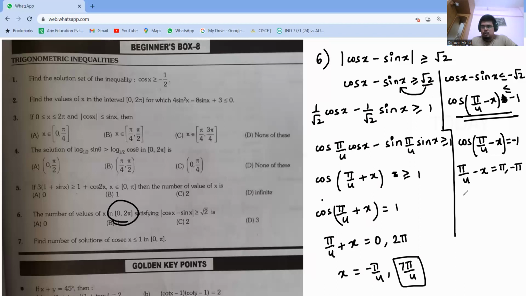So we will get x is equal to pi by 4 minus x equal to pi. Solve this. आप लोग को x का वैल्यू मिलेगा -3 पाई/4, पर इसको डिस्कार्ड करना पड़ेगा बिकॉज वी वांटेड फ्रॉम 0 to